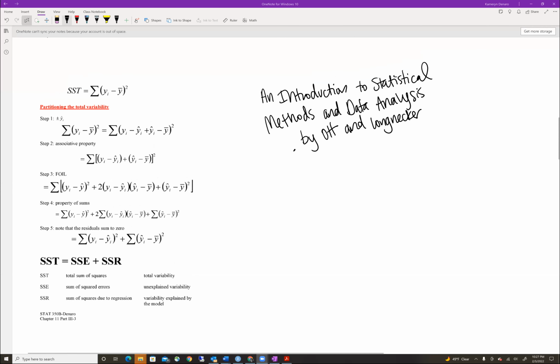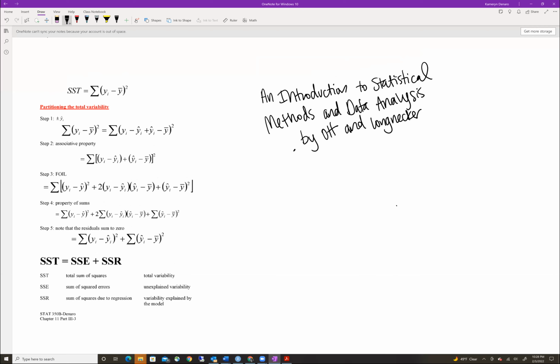Hello, everyone. We are working through An Introduction to Statistical Methods and Data Analysis by Ott and Longnecker, chapter 11, part 3. In this section, we're going to be talking about the total variability that we can see in